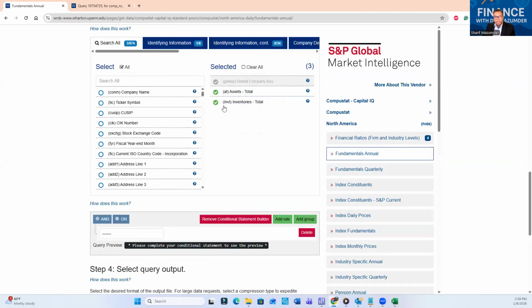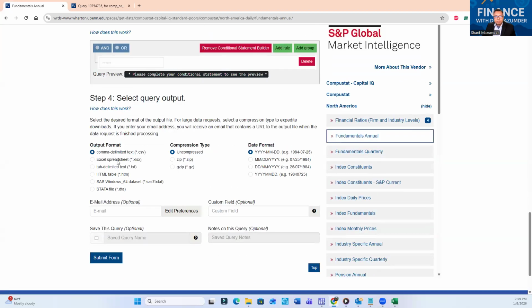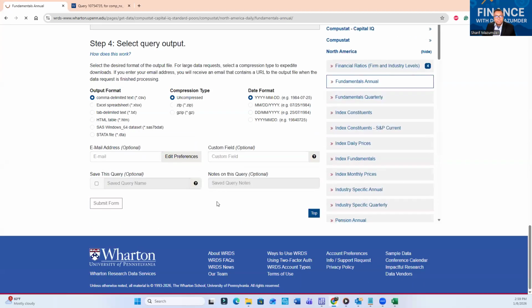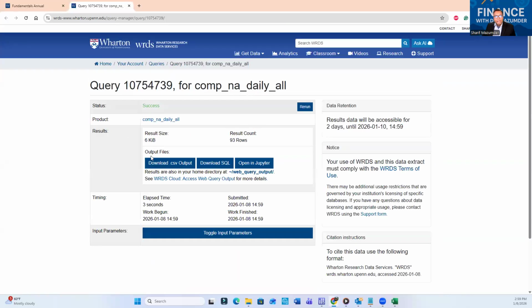You can change your variable query, whatever you need. You can change the output format. Now submit. Same, submit. So you are going to get a new query and your data is already ready to be